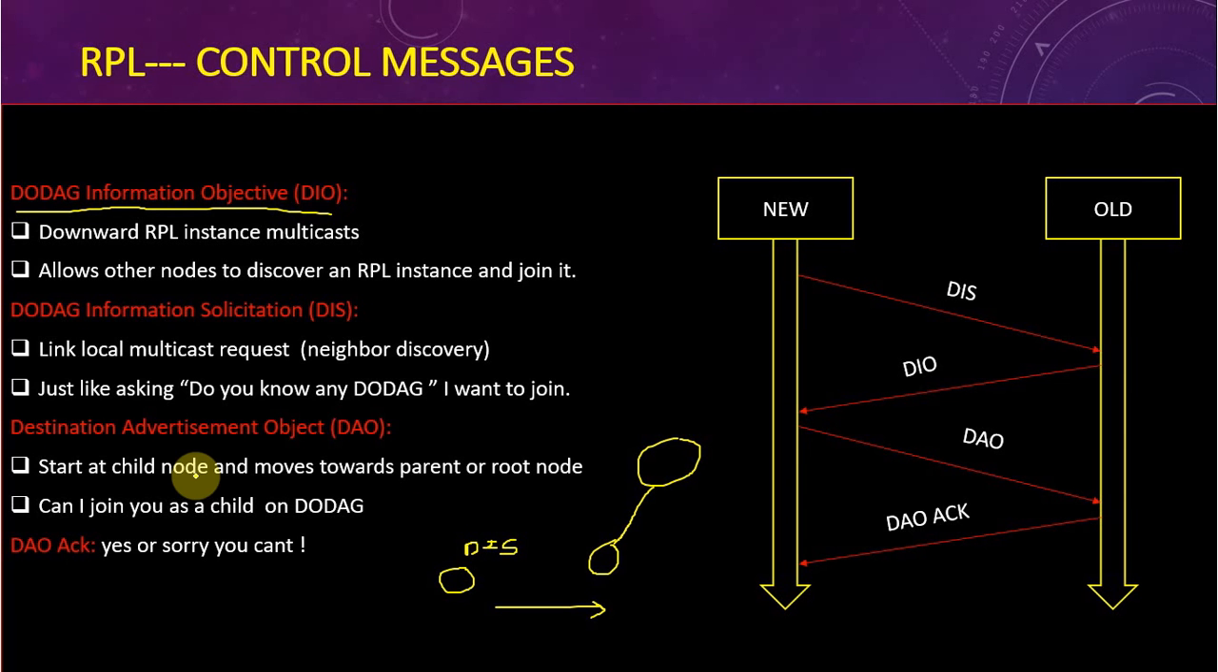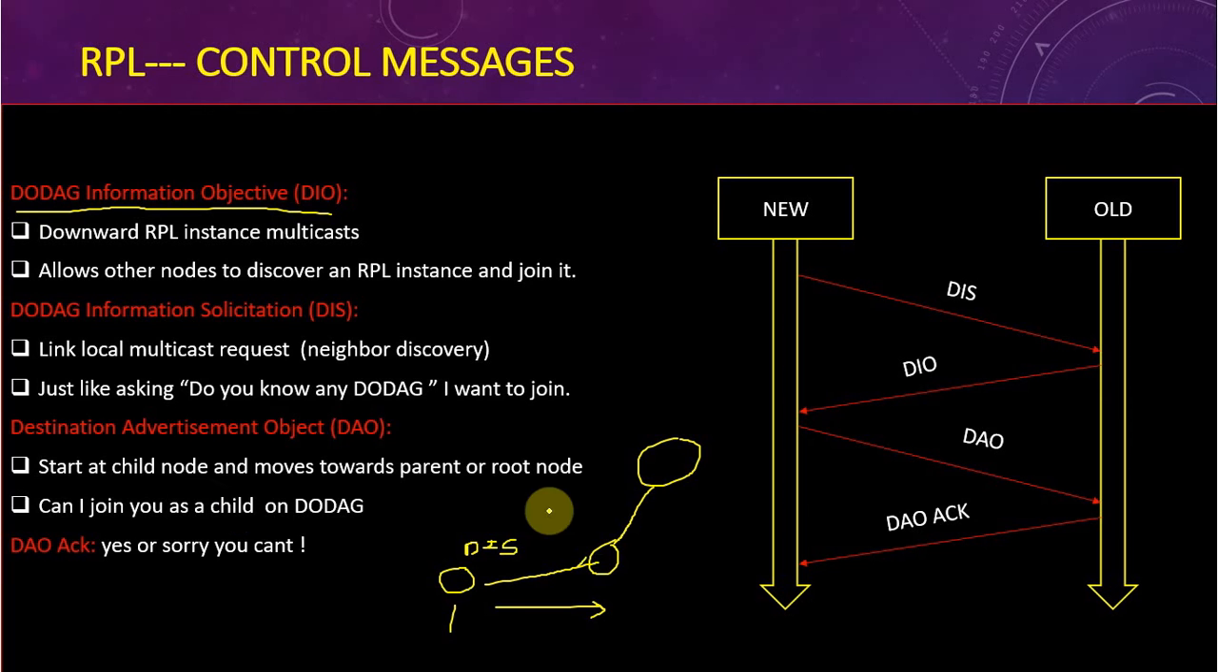Then destination advertisement object, which is abbreviated as DAO. It starts at a child node and moves towards the parent node or the root node. This message will start at a child node, let us say this one here, and it will move towards the root node, which for this one will be this one. What will happen is it will ask the other parent node, the one which is in a lower rank compared to this one,